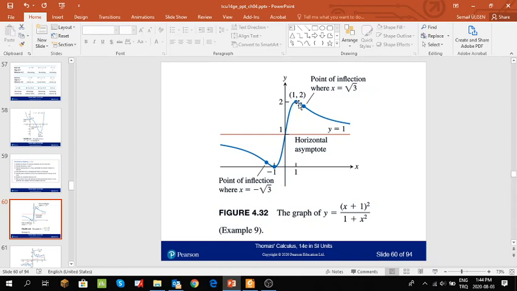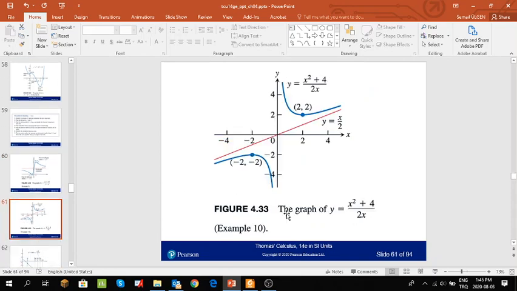The second derivative at 1 is negative, so we have a local max here. The second derivative is positive here, so we have a local min here. Okay,